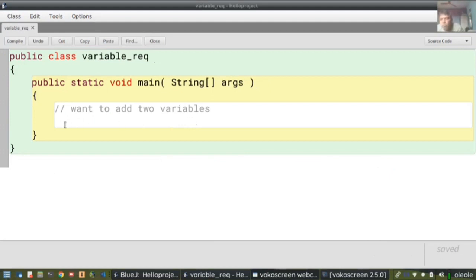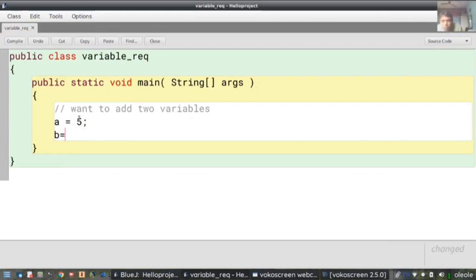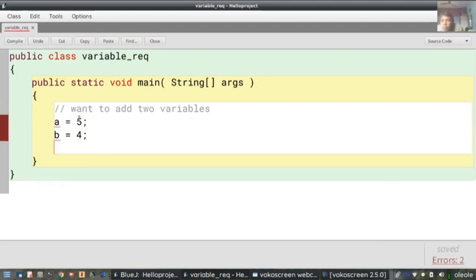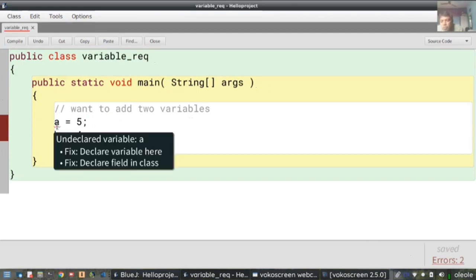So we have to take 2 numbers like A equal to 5 and B equal to 4. Now as you can see here, these are showing error messages,